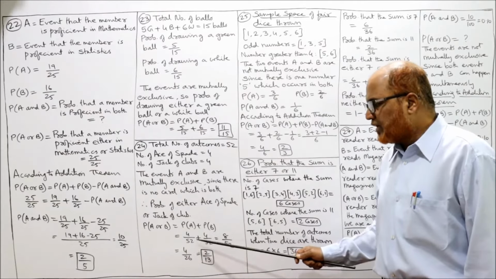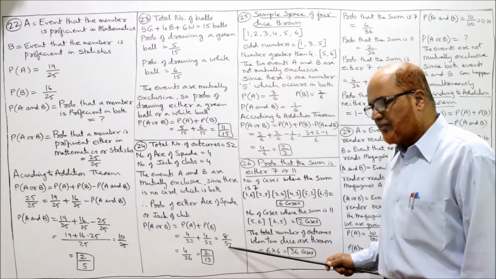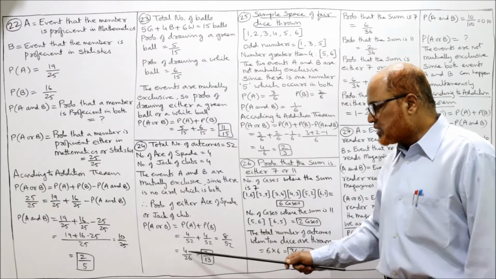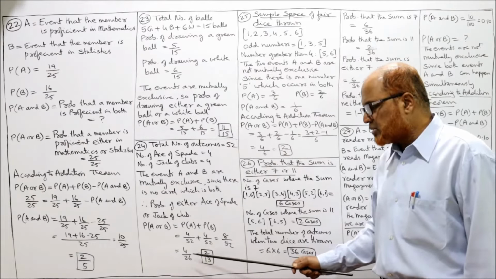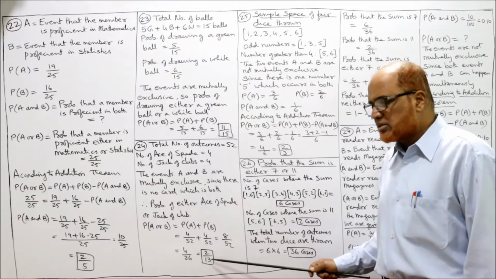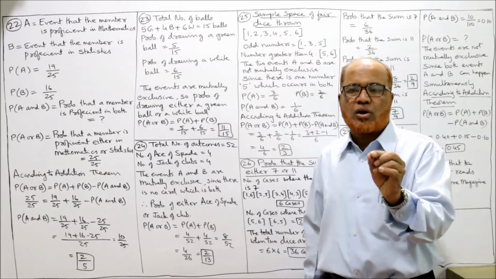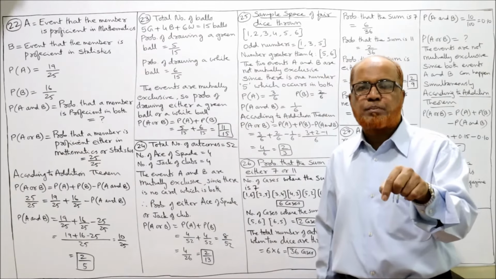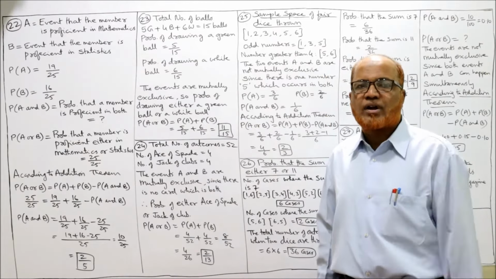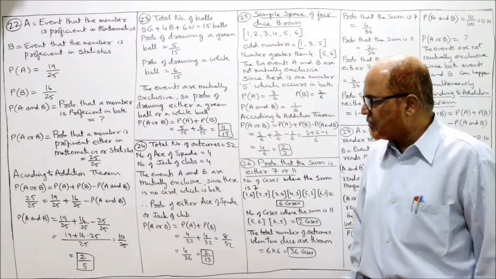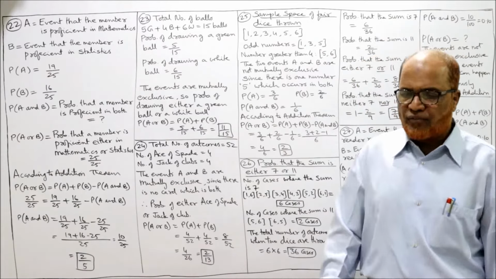तो 4 by 52 plus 4 by 52, 8 by 52. अब 2 4s are 8, 2 52s are 26 times. 2 2s are 4, 2 13 times. So 2 by 13 is the probability that the card drawn is an ace of spade card or jack of club card. That's all. This is 24th problem.